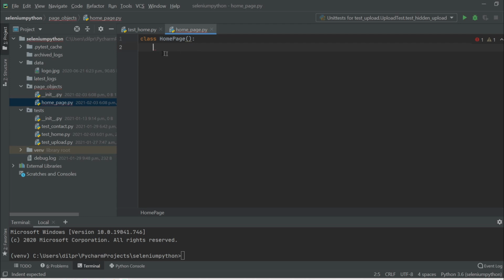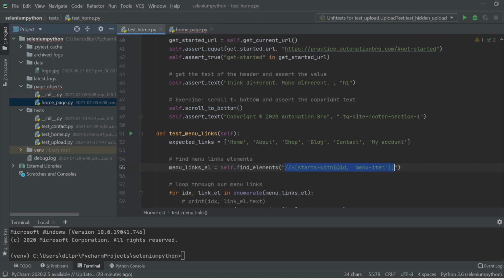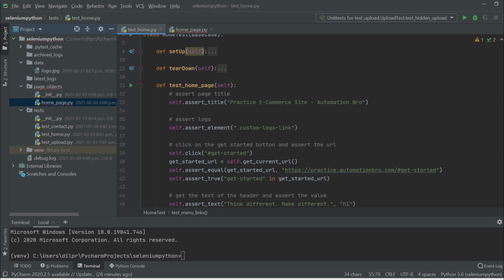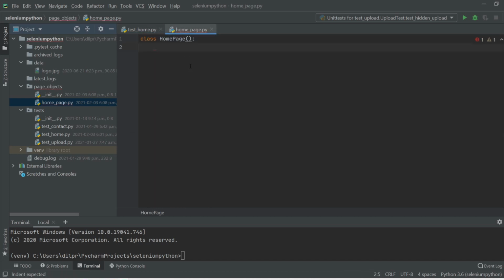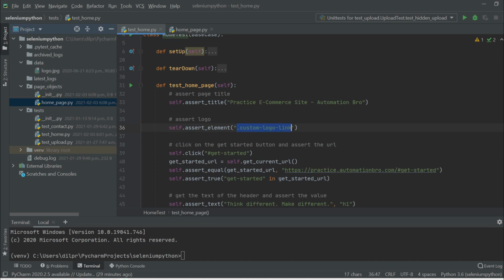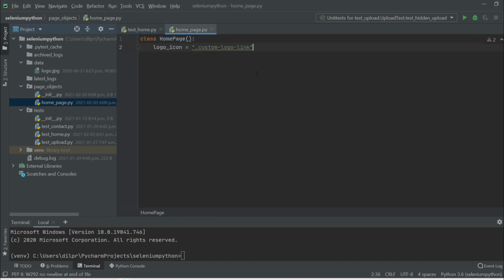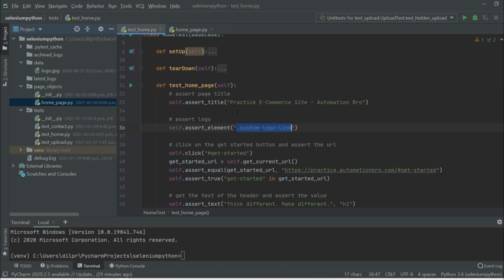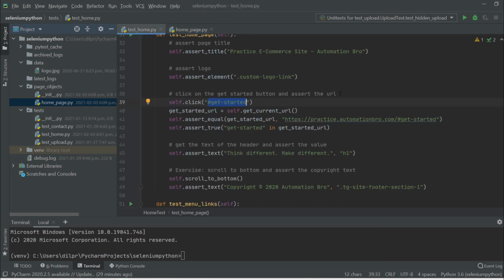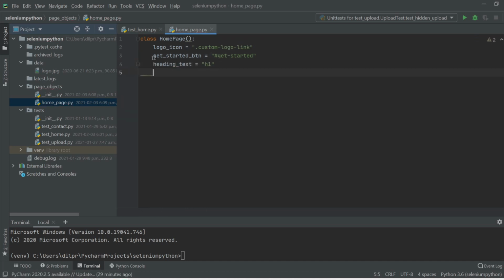Now over here, we can start storing our selectors. The first one that we need to store, if you come over here to our test_homepage, is this thing right here. This is where I'm setting our logo. So this is my logo link, and I will add that over here. I'm going to do logo_icon. So I'm creating a new variable, and in that variable, we're going to store this selector. I'm just going to copy this and paste it over here. So that's my first one. I'm going to do the same for the other ones too. Okay, so we have added all our selectors over here.